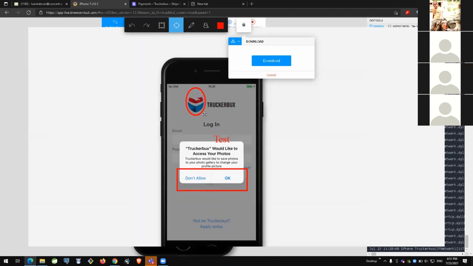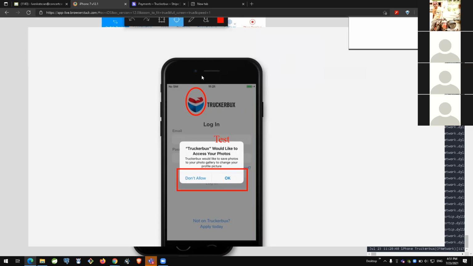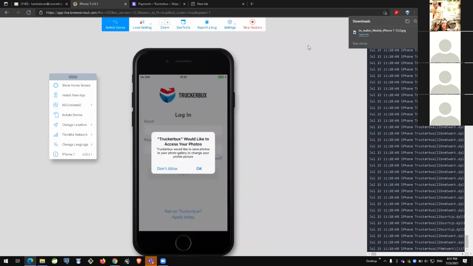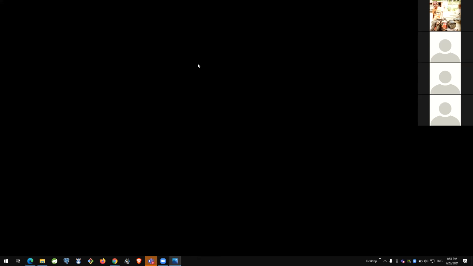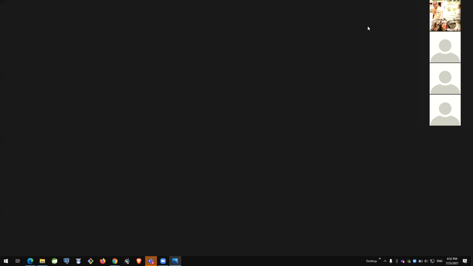I can change this icon, and you can display it according to that, in any color you want, and you can also download that application. So it will download, and I can view that download folder. Okay, I need to remove this one. Okay, how the screenshot is applied here, you can view in detail.